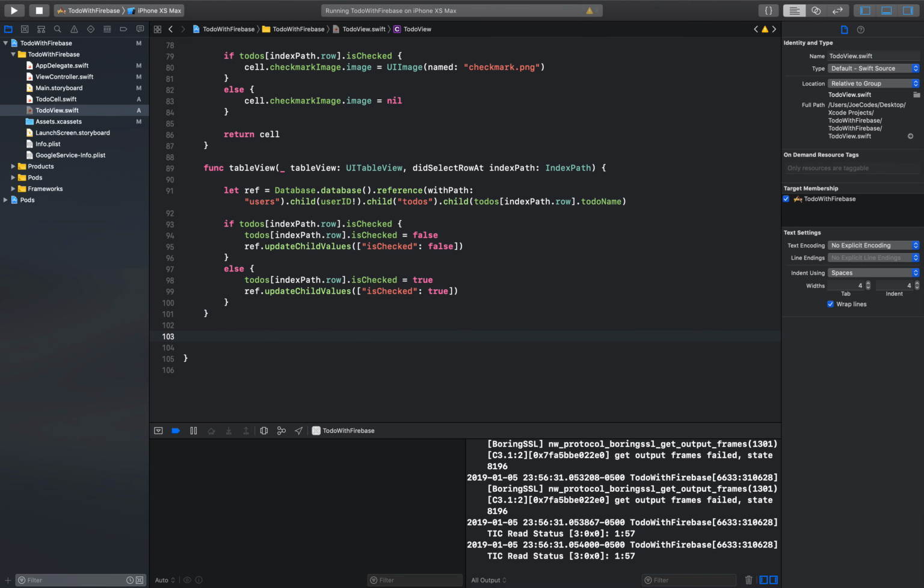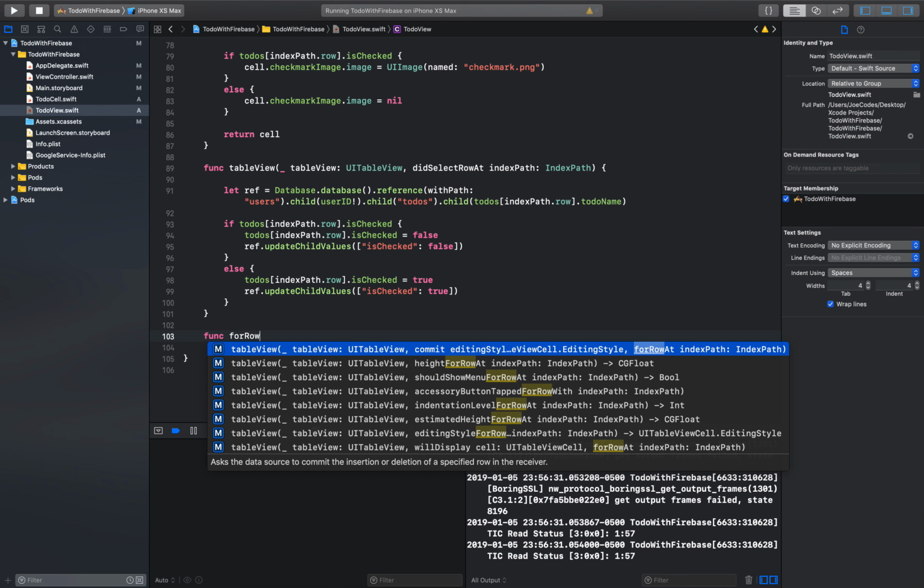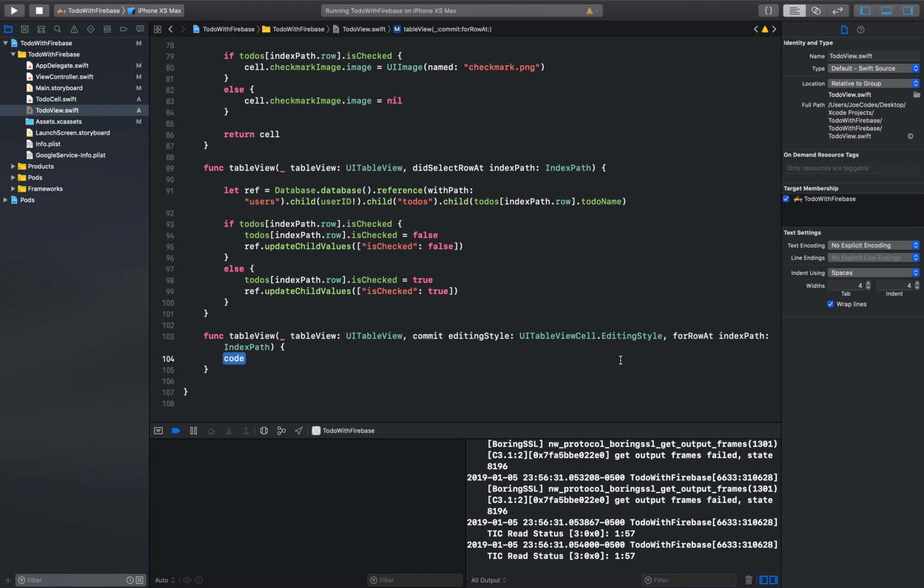And while we're at it, we might as well set up deleting a cell. So we'll say function row for row at, and it'll be that first one here. And we're going to say if editing style equals dot delete, which it is by default, which is here, so it will happen. We're going to say, grab this reference again